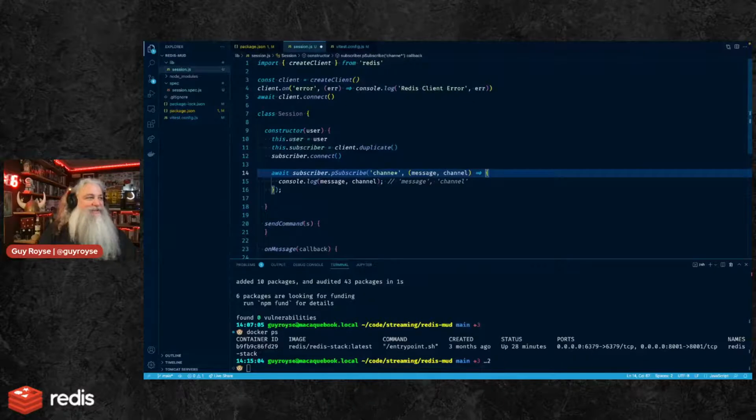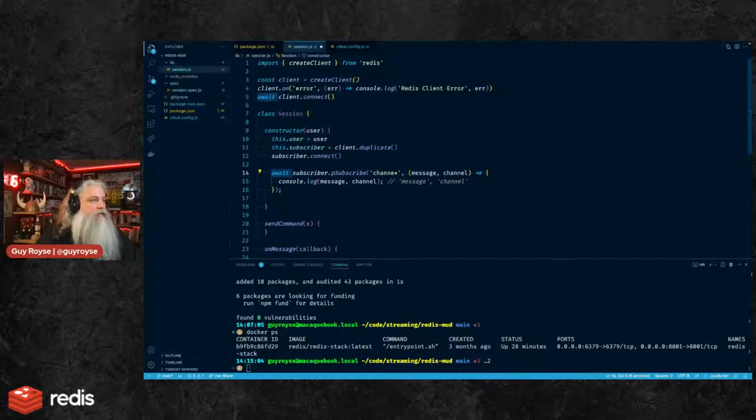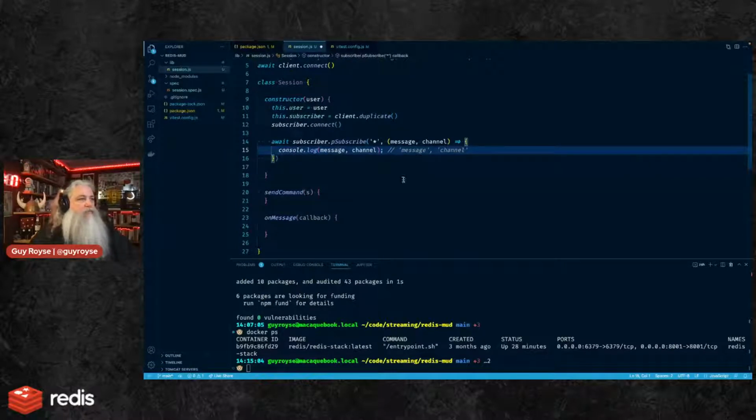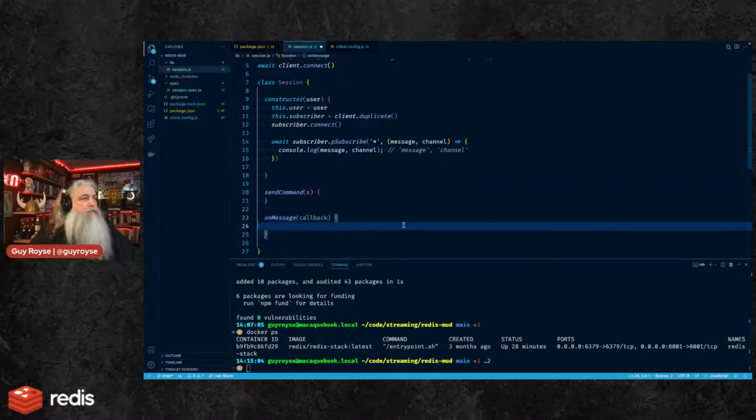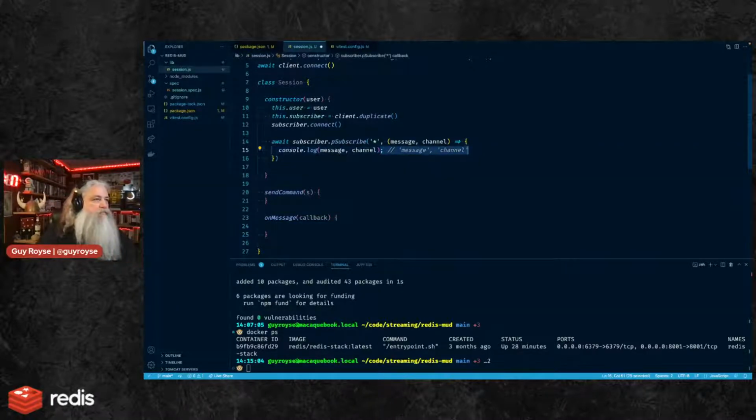Again with the awaits. That might be a problem. Let's just subscribe to everything, all channels, all the time. You got a message and a channel, and then here we got console.log message channel. So if anything comes in, then this will log it.